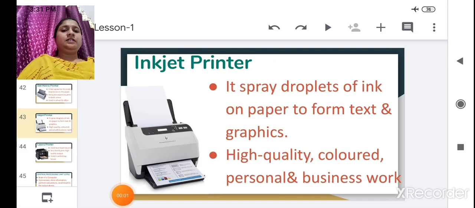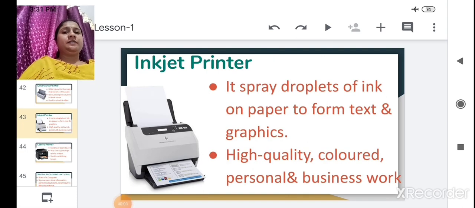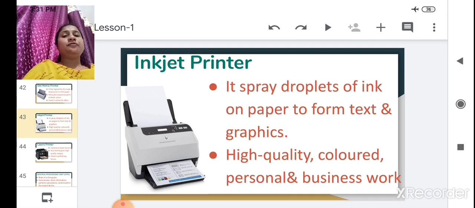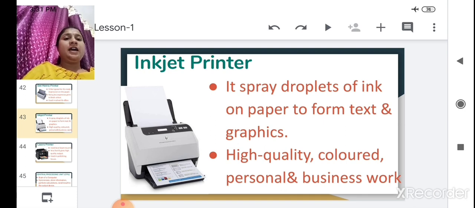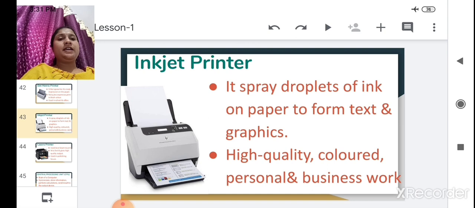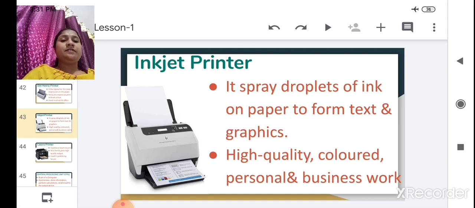The next printer is the inkjet printer. This inkjet printer sprays droplets of ink on paper to form text and graphics. It produces high quality prints. It can print both black and white as well as color. It is also used in daily business work and personal documents.